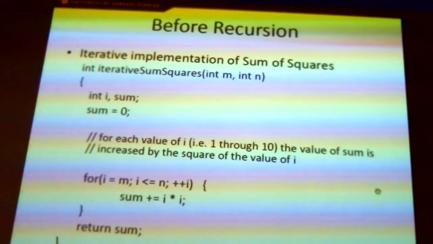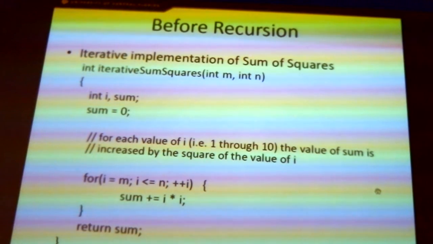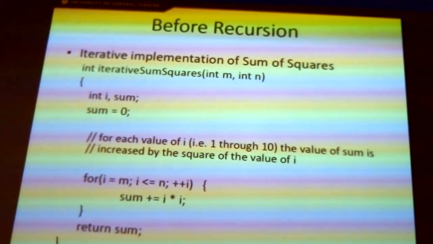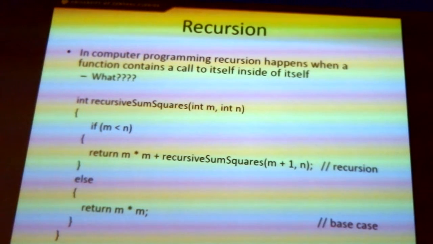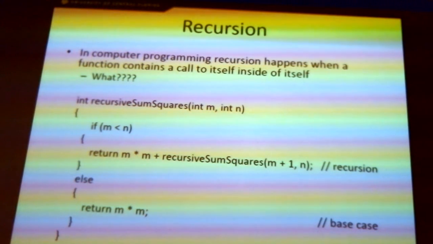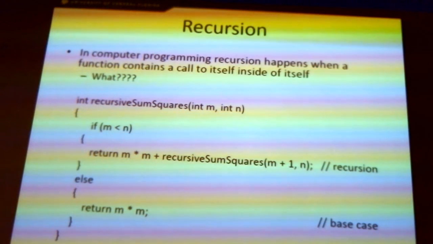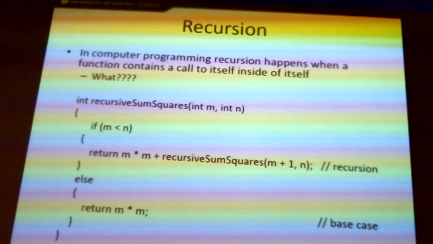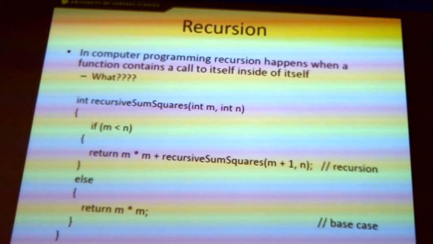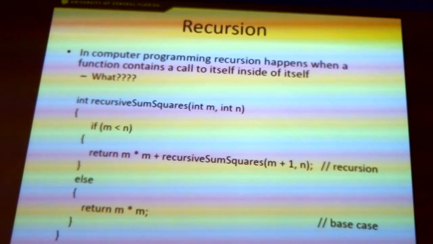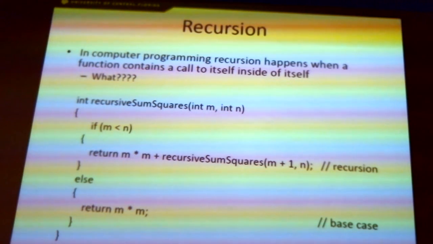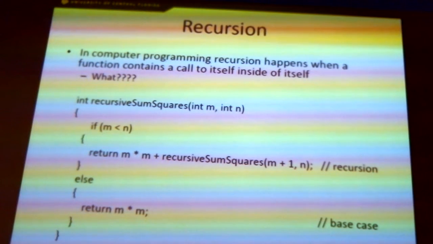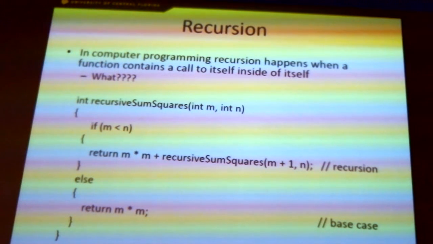So here we can do an iterative solution, but sometimes it doesn't work out, and recursion will help us with that. Recursion is just a function that calls itself. In this case, our example was a sum of squares, and we had a value of m and our n. And if we were not in our base case, the base case is how do you